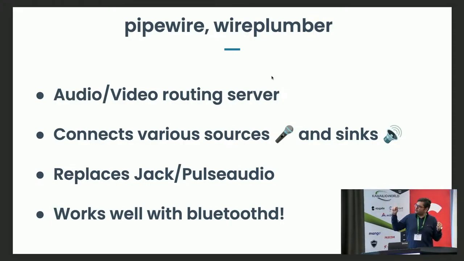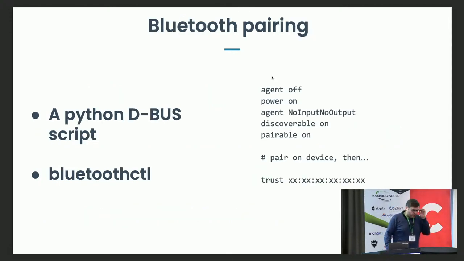I think the only thing you really need to configure is to enable oFono in some config file, and you need to tell it to use mSBC, like the codec we were talking about before, to make sure you have not HD audio, but at least a 16 kilohertz sampling rate, and not 8. About the Bluetooth pairing,